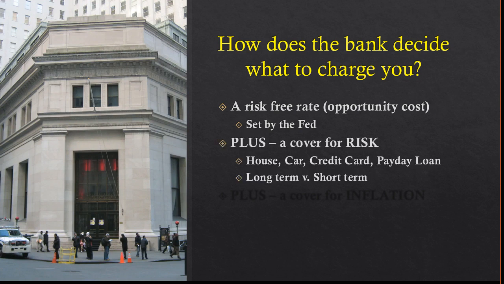Then the bank needs to cover the risk of making a loan. There's a chance when it makes a loan, you're not going to pay it back. A house, there's a chance you're not going to pay it back, but generally speaking, the house is usually there still, right? Same with a car. We can repo the car. Credit cards are much riskier. So we would expect credit cards to have a higher interest rate to adjust for the riskiness of them. We would expect a big business to have a better, lower interest rate than you do because they're less risky.